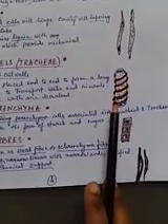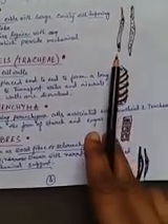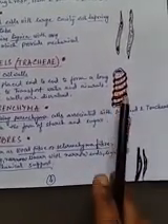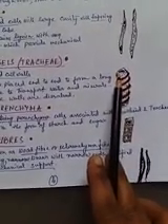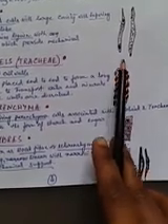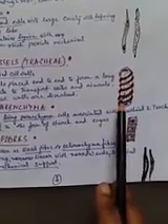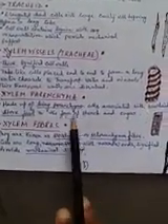So suppose this is one cell, above that another cell is there, below that another cell is there, and in between, the cell walls are dissolved. That means all the xylem vessels are arranged together and form a tube which helps in the transport of water and minerals. Next one is xylem parenchyma.